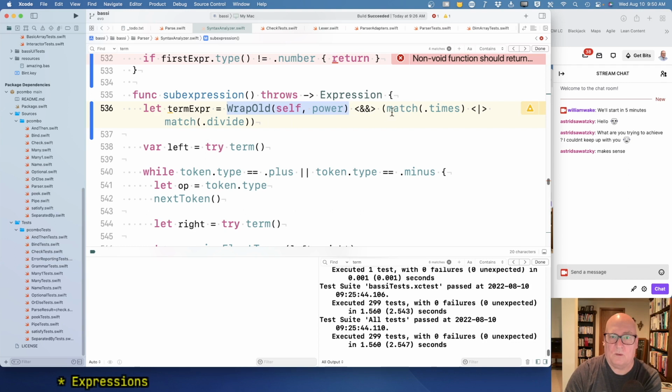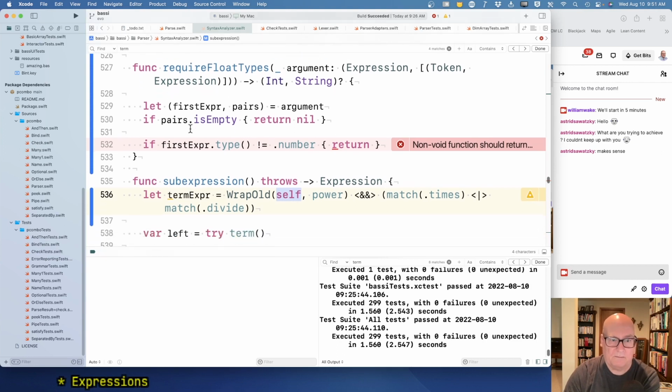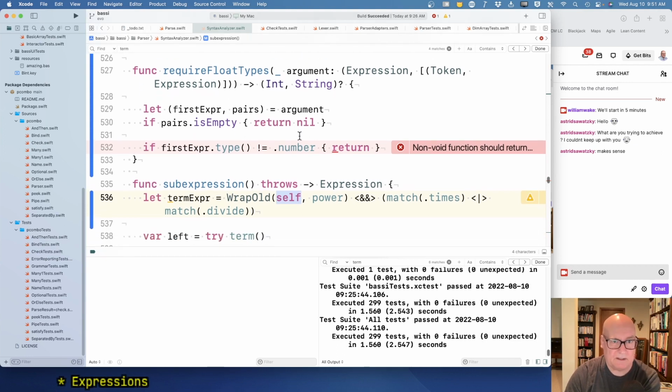And the result of this has this type. It's an expression that corresponds to this one, and then it's an array of the tokens and the repeated expressions. So it's power times power times power goes to the first power, and then an array of times power times power. Okay. The challenge I'm having is